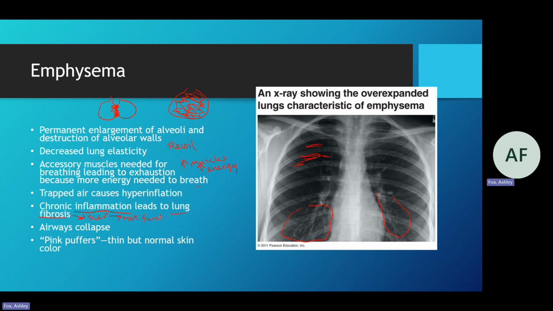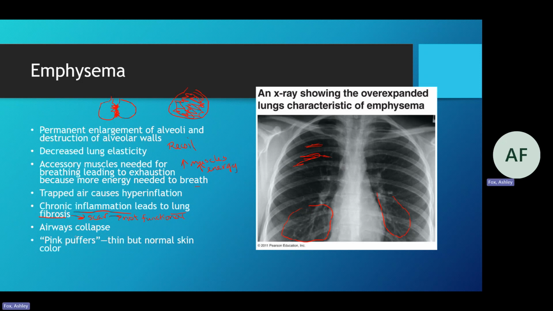So just think of scars on your skin. They feel weird, they're different. They're not normal. They may not tan as normal. They feel different because scar tissue isn't functional. It's just to plug the hole, plug the damage, but it's not making it functional tissue again. So this is damaging in that we don't have proper lung tissue anymore. And it can eventually lead to airways collapsing.